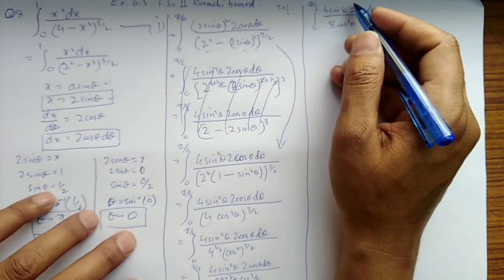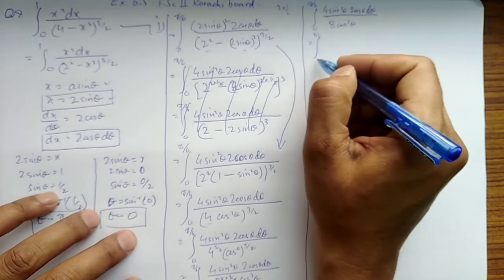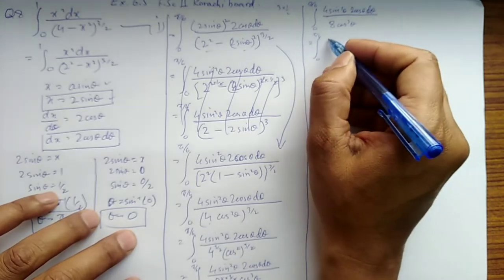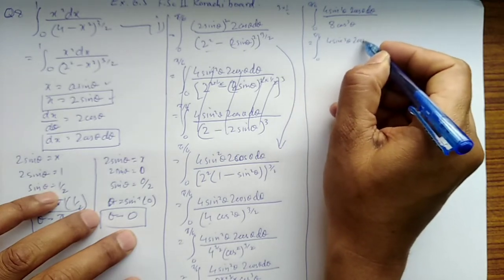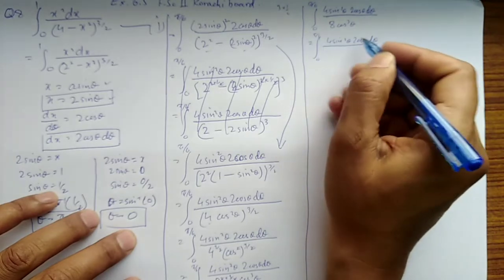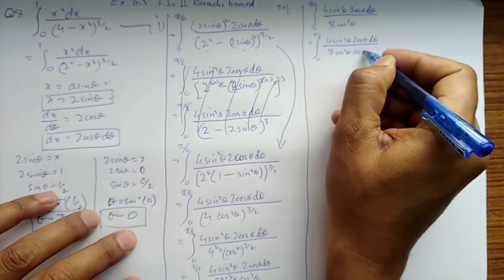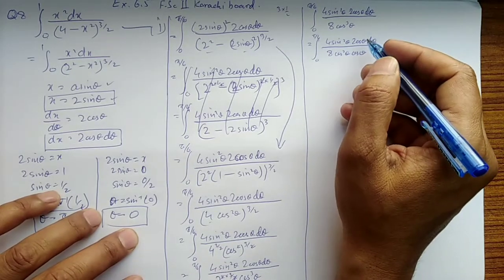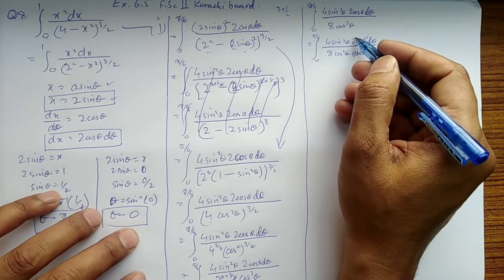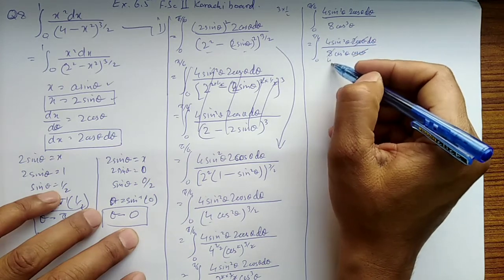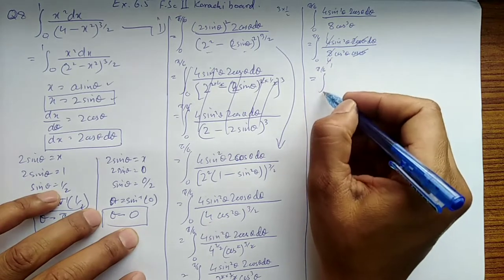Okay, now further this can be solved like this: we can break the denominator, sine square theta 2 cos theta d theta, whole divided by 8 into cos square theta cos theta. So cos theta will cancel out, and 2 1s are 2, 2 4s are 8, 4 1s are 4, this whole cancels out, pi upon 6, 0.